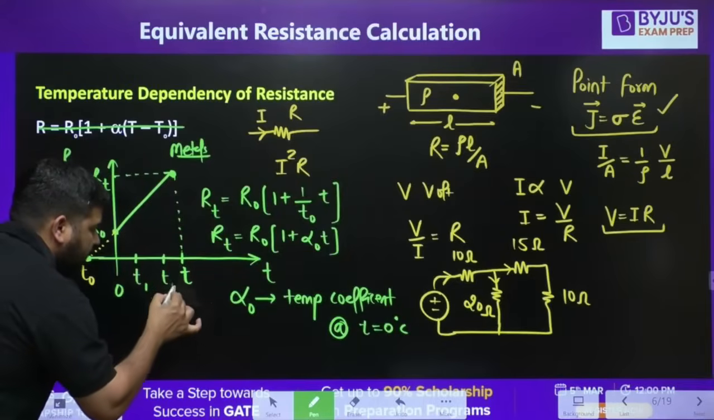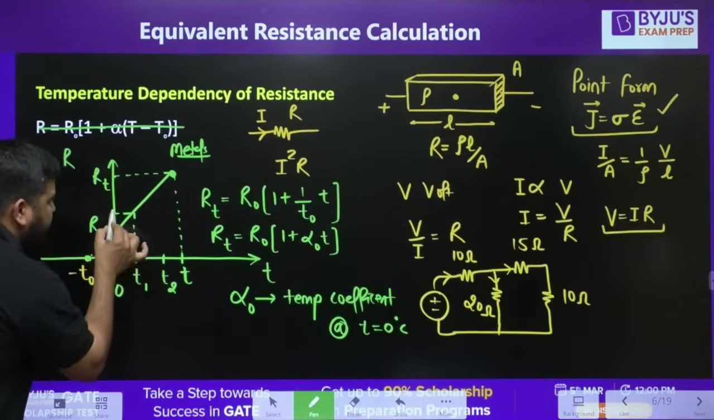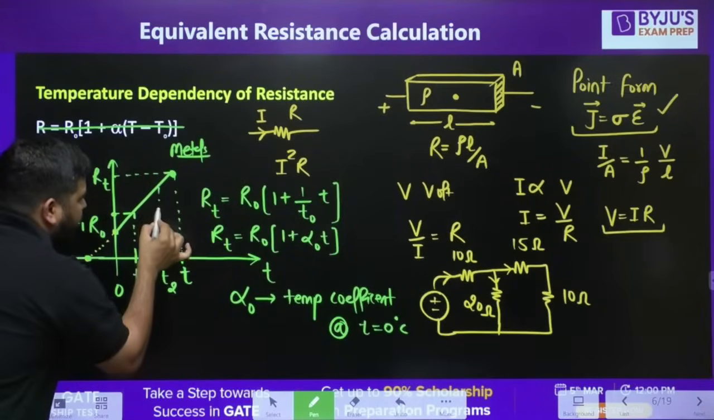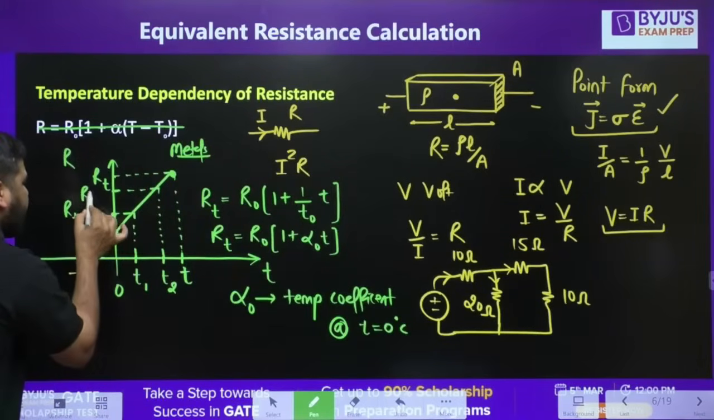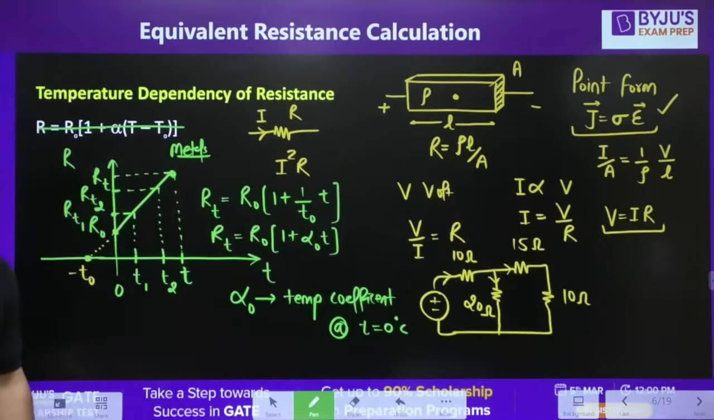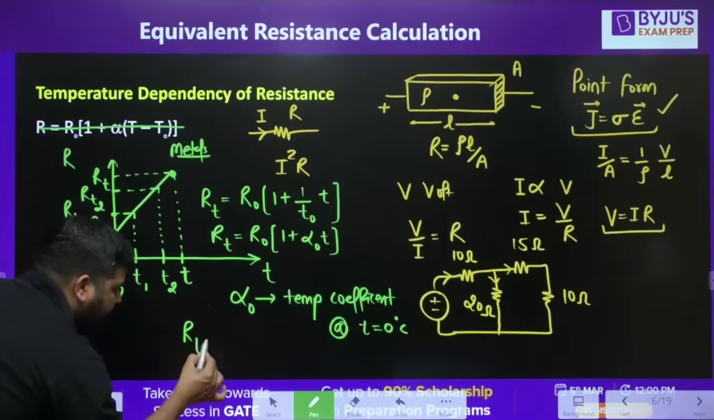T1 to T2. Let's say you know the resistance value RT1 at some temperature T1, and you need to calculate the resistance value RT2 at some temperature T2. You need to calculate this RT2. Then how should I write this equation? It's very simple. What you can do is you can write it like this. RT2 will be equal to